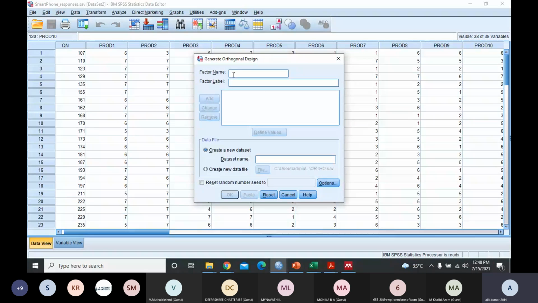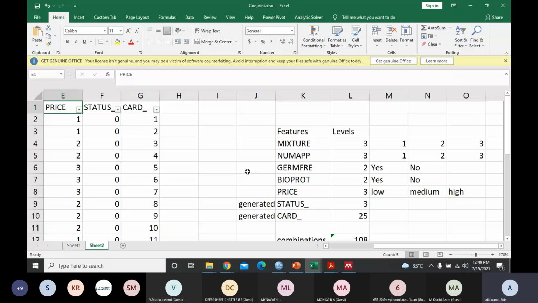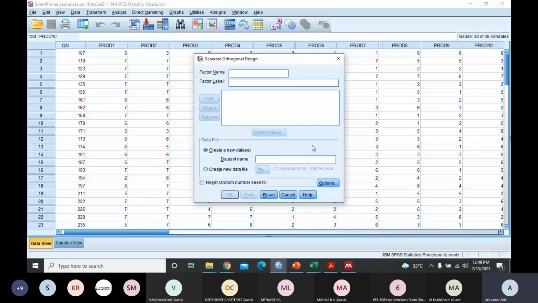Under this factor name, you just copy paste the first one. Let's say this is mixture. You type this factor name, mixture. You can also give its meaning. Let's say I'm going to give this hbat underscore mixture. That means more information about this factor name.